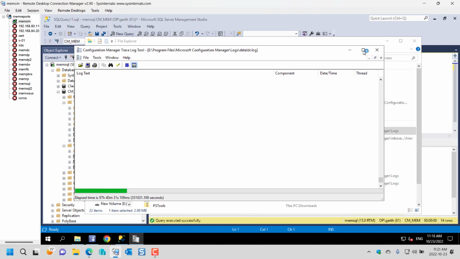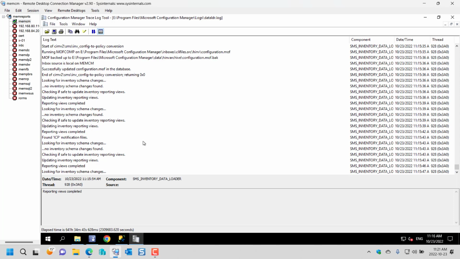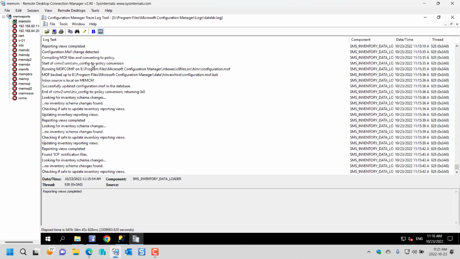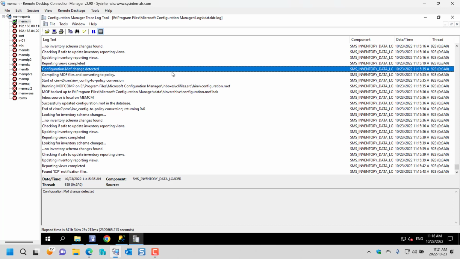Okay, and we're there. So what we'll see up here is the MOF has changed,